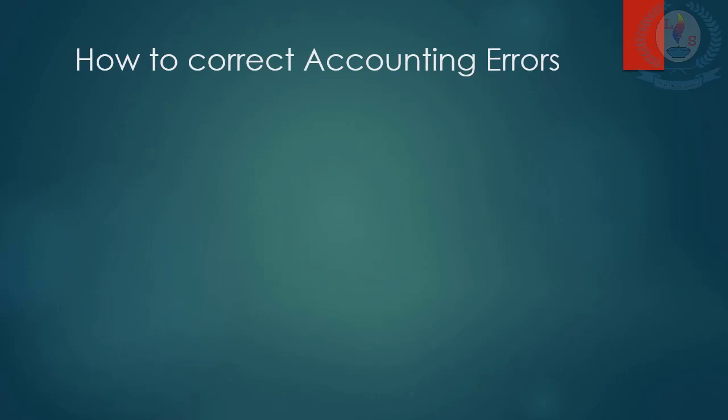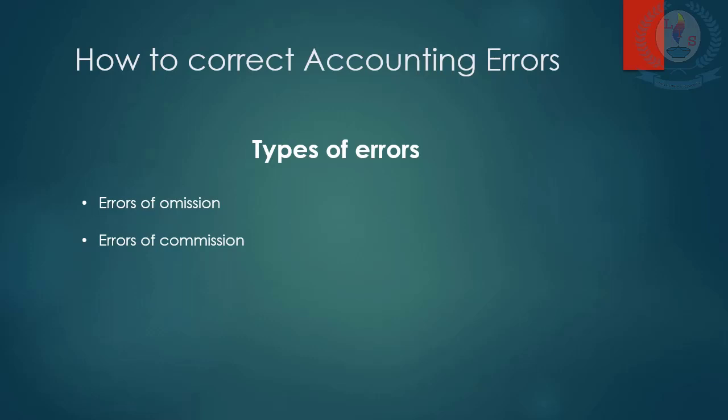To correct the accounting errors, you have to recognize the error properly. To do that, you should know what the types of accounting errors are. Types of errors: errors of omission, errors of commission, errors of principal, errors of original entries,